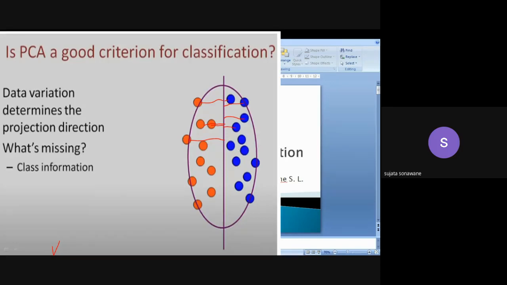For example, here you can see that this first point lies on this axis. Again, this point lies on this axis. I will draw it over here. Now this point maps over here, and this point is also mapped over here. So can you separate that? We cannot separate over here. So both classes are overlapped here.